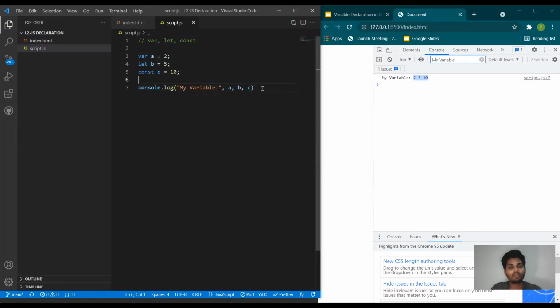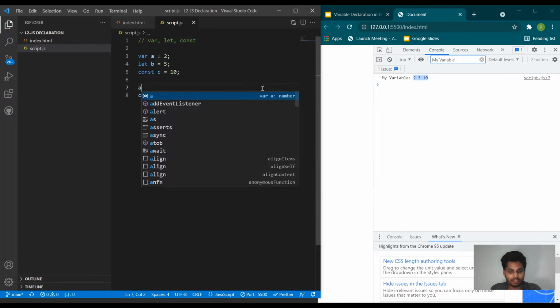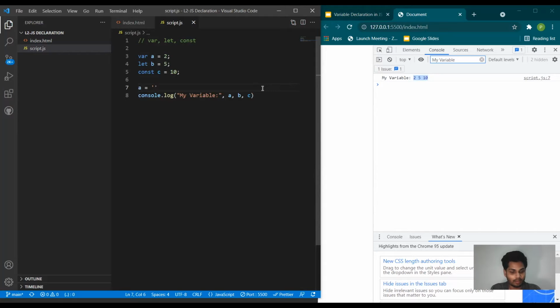You don't need to define if it is a number or a string. It can be changed dynamically. So at this line, if I say something like this, it will be updated without throwing any error. As you can see, now instead of the value of a, it is printing hello. So it is basically a dynamically typed language.